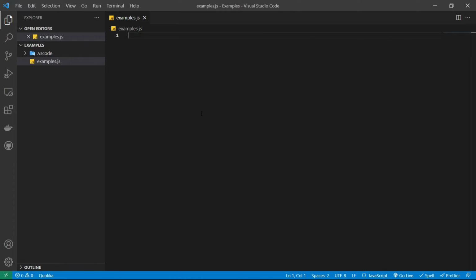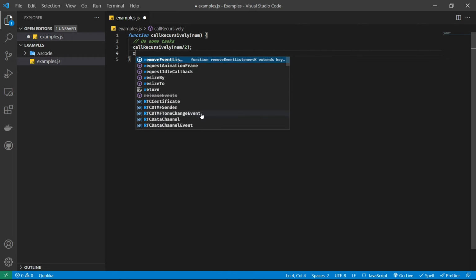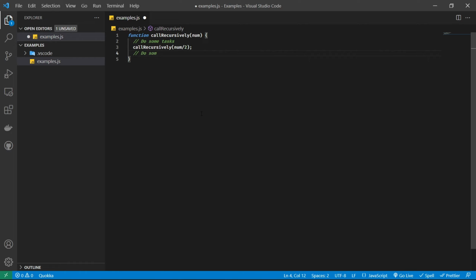Let's understand this with a block of code. So let's define a function and call it something like callRecursively, and it will have one parameter. This function will do some tasks which I am not defining now, and then it will make a call to itself since recursion is expressed by a function that calls itself, and this is calling itself directly. So we will invoke callRecursively here, and we will pass a different argument since that is usually what is done. And then this function will do some more tasks and then finally return a result.